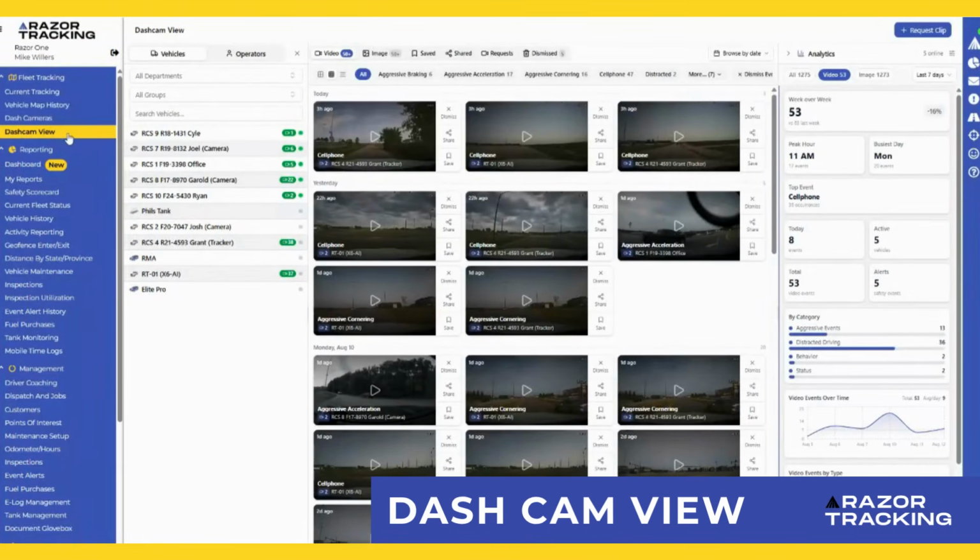I want to give you an introductory look to our new dashcam view. So dashcam view, first thing you're going to notice when you get into dashcam view is there are a lot of different events for your entire operation. So the new event of dashcam view is going to provide you all your events for the last 7 days